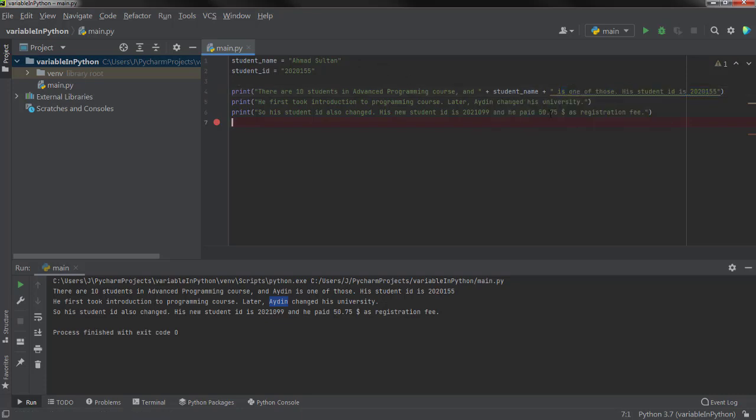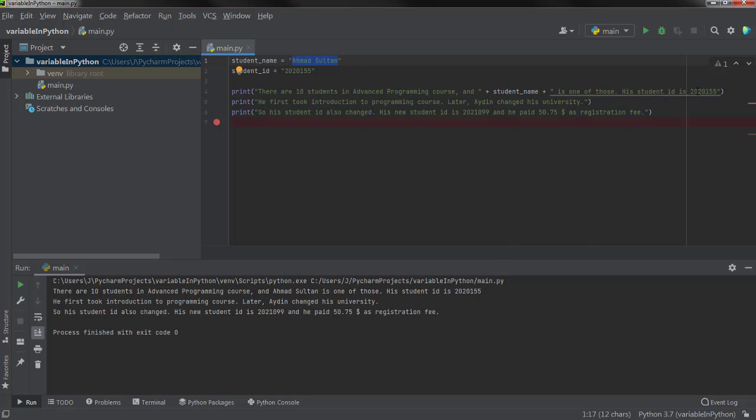So now let's go and see. You can see here in the console, when we run the program, it has printed the name of the student inside the first line, and it replaced the variable name with the value of that variable, Ahmad Sultan.